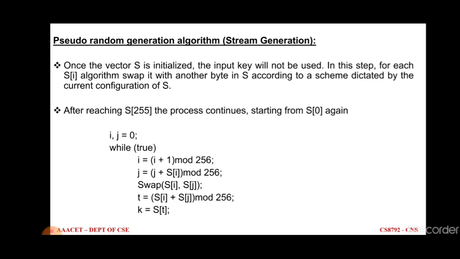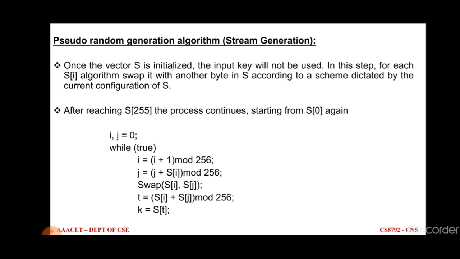i is assigned i plus 1 mod 256, because the key length varies from 0 to 255. So we are using modular arithmetic with value 256, and i gets increased from 1, and j is assigned j plus S[i], because the i value can be stored in the particular state array. Finally we swap S[i] and S[j], and again we take one temporary value t that combines both state array values with modular arithmetic, and finally we assign that to the key value. The above operations are performed to produce a random key.